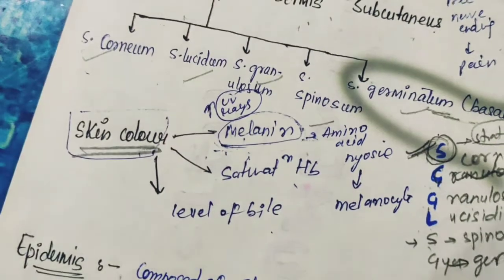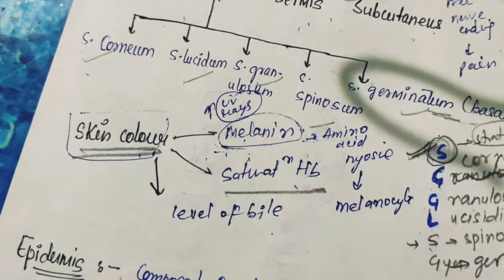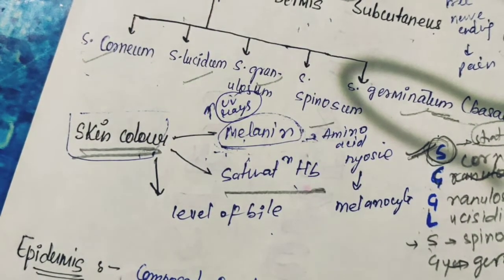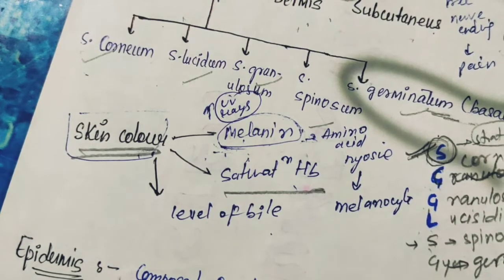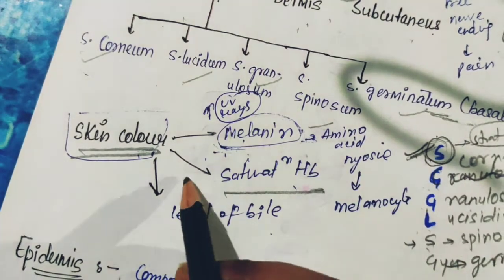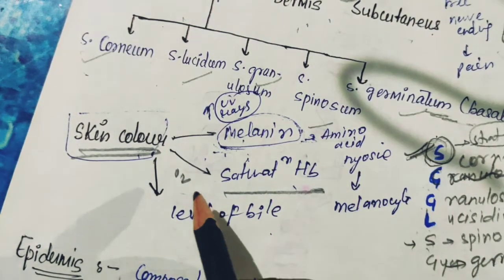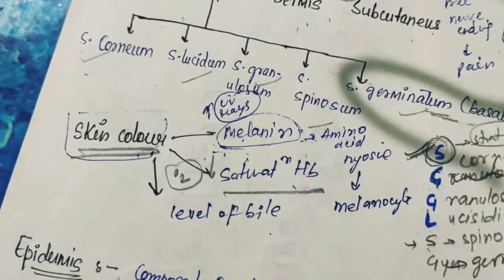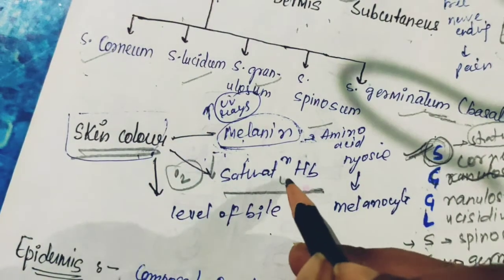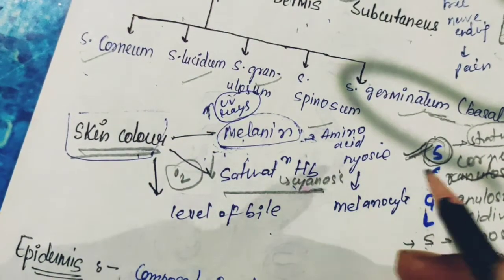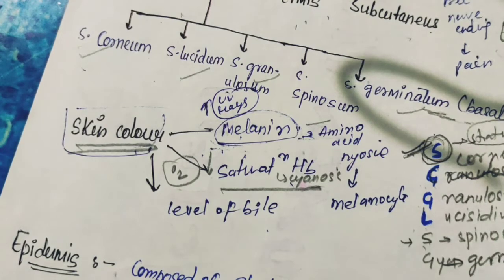Okay, so next is saturation. What is the saturation of hemoglobin? Normal saturation of hemoglobin and the amount of blood circulating in the dermis give white skin its pink color. When the oxygen saturation, SpO2, gets very low, our skin develops cyanosis, a bluish coloring of the skin. So when the saturation gets low, our skin starts to appear bluish.